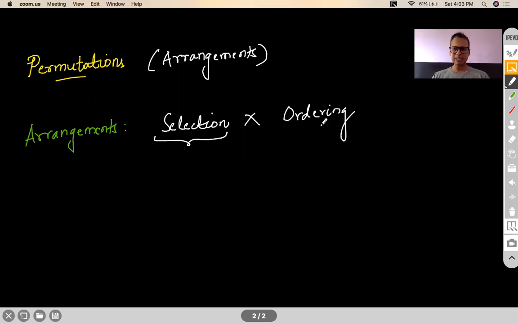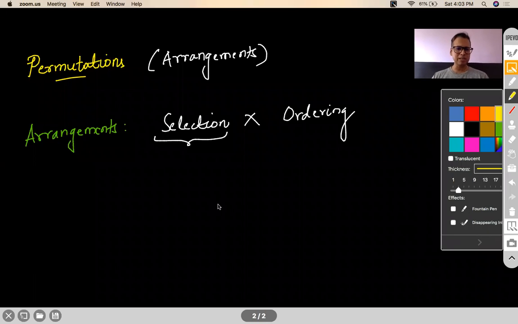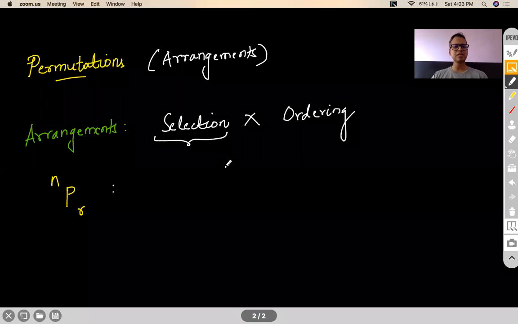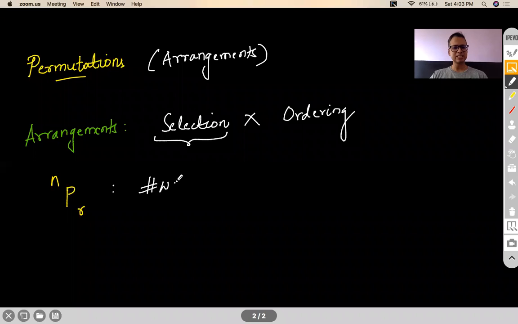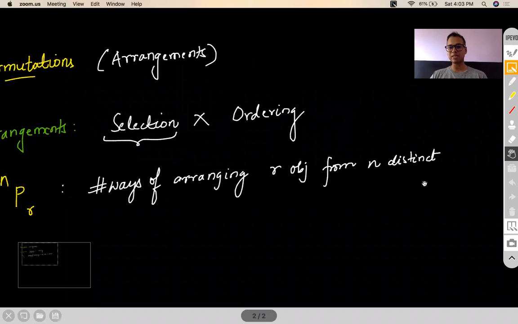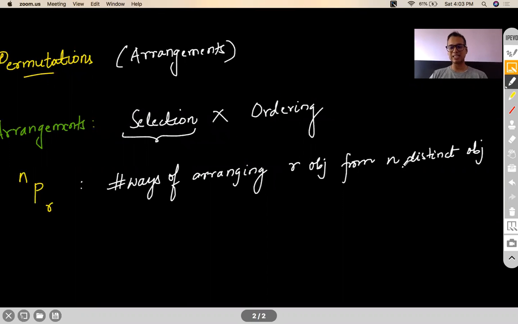Now, for arrangement, we are going to talk about a very important term, which is nPr. This is a symbol that we normally use for denoting the number of ways of arranging r objects from n distinct objects. Here the word distinct is very important, and I would like to underline this also. So when you arrange r objects from n objects, where those n objects are distinct. Guys, distinct is very important here, because this symbol nPr should not be used